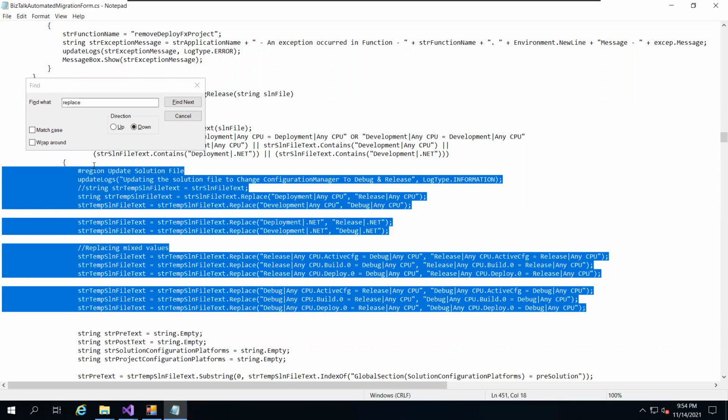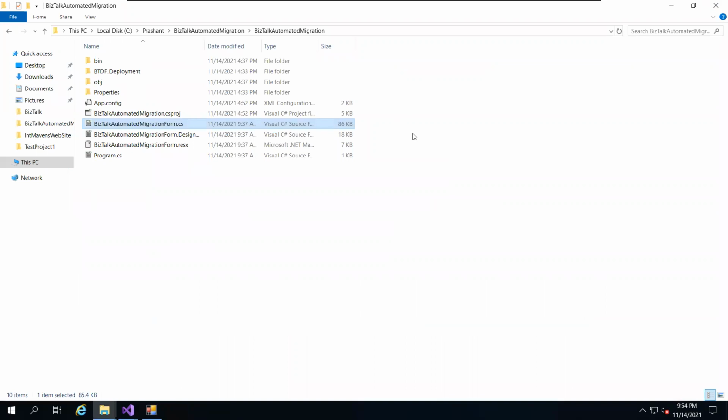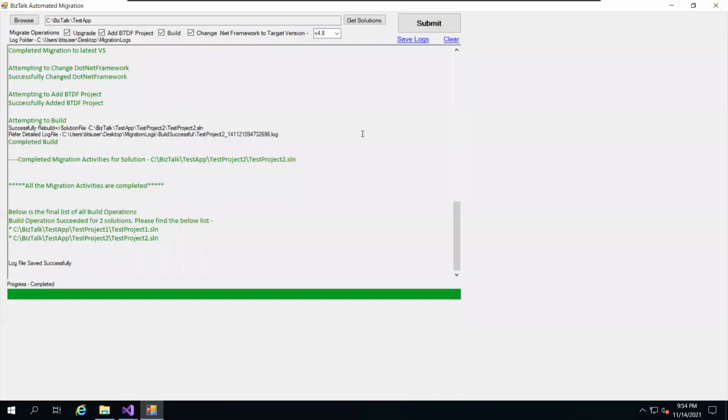So migration is something which we have tried to automate as much as possible, and limit the manual intervention to the least possible. From our experience, I would also invite Bhavani to talk about his experience. Our customers were able to reduce their months of effort. If you are a BizTalk developer, you might have seen how much manual effort it takes to migrate these applications. In our experience, months of effort was reduced to within hours, just because of this tool. Bhavani, would you like to talk about your experience?